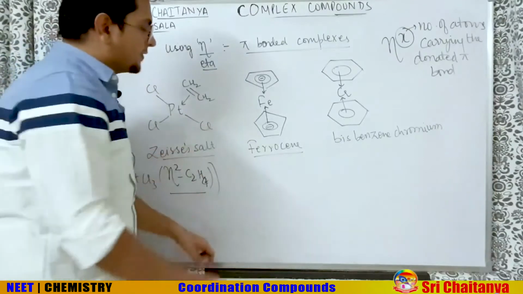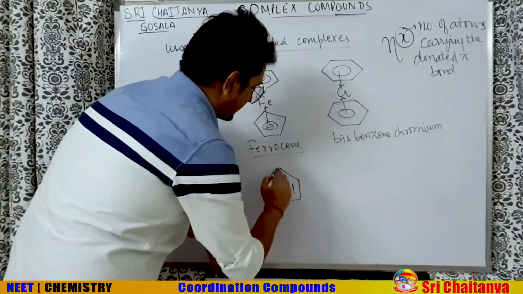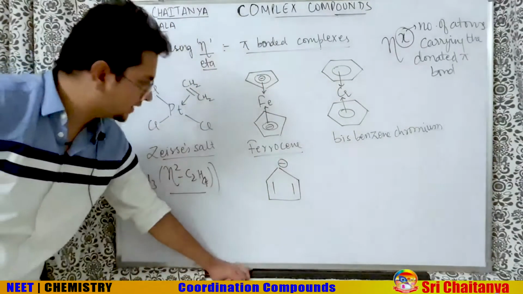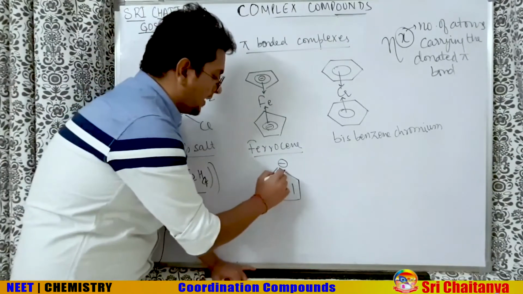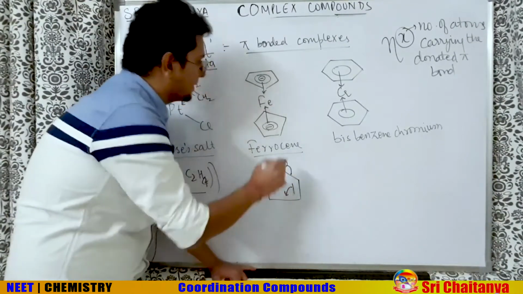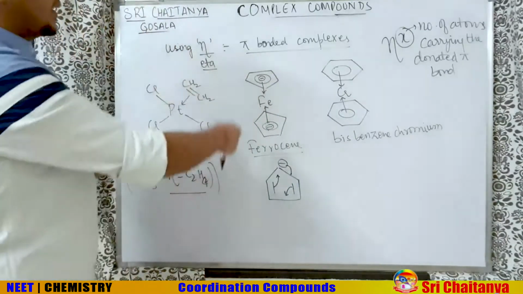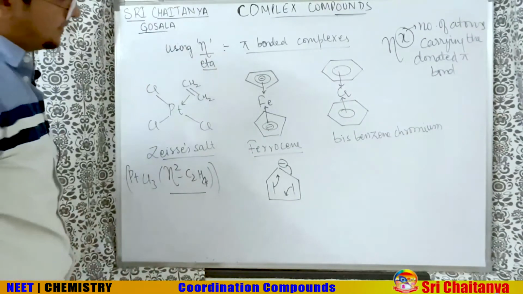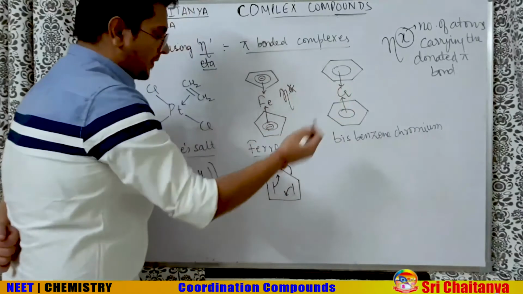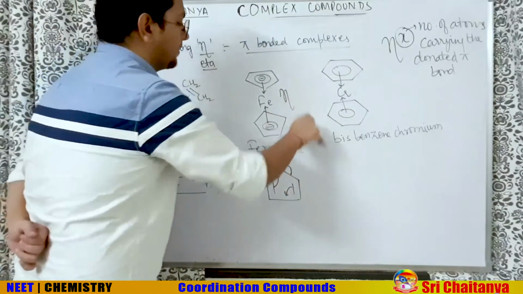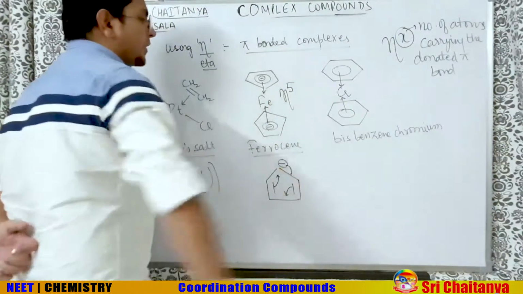Similarly, this is ferrocene. Here in the middle, I'm writing the formula also of this. This is actually the resonating structure, and the resonance hybrid I'm representing here. So this is in conjugation completely, and because of this conjugation, we are writing a circle like we write in benzene, and this pi electron cloud is donated to iron. Here, how many eta will come? Will 6 eta come? No. How many atoms have this pi bond? So 1, 2, 3, 4, 5 atoms have this pi bond delocalized. So eta 5 will come.